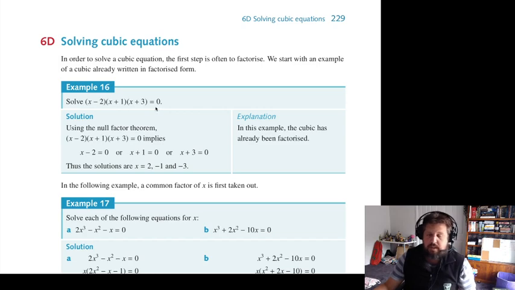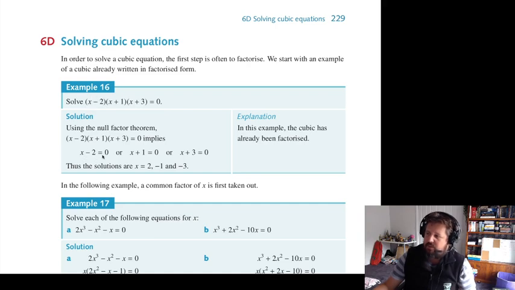So really from here, what you need to remember is when you've got the cubic equation, make it equal to 0. To solve that we use the null factor theorem, which says that anything multiplied by 0 has to be equal to 0. So that means we need to find out when this bracket here, or this factor, equals 0,